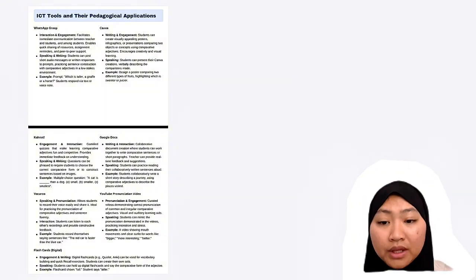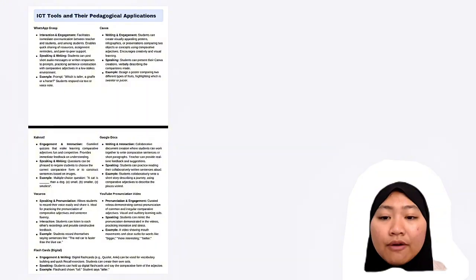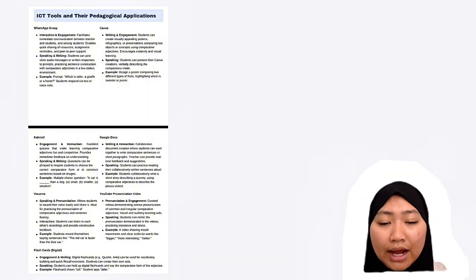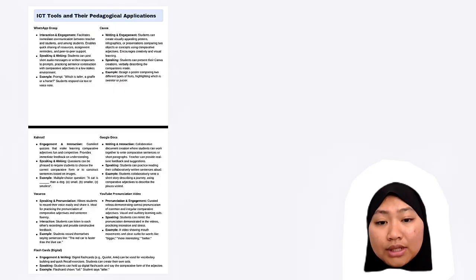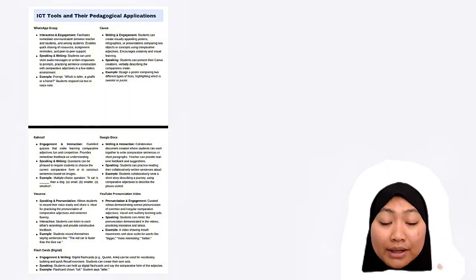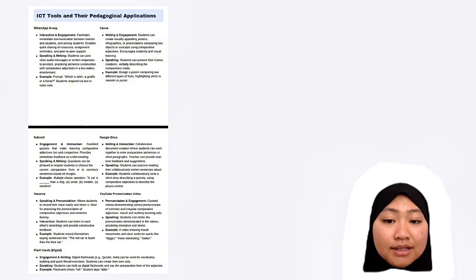Within the classroom, students submit vocabulary recordings and engage with the teacher and classmates without a break from conventional class activities. Familiar with WhatsApp, it is practical, accessible, and user-friendly, enabling both students and parents to benefit. Canva is another useful tool for students, designing posters, visual comparisons, and presentations using comparative adjectives like comparing animals